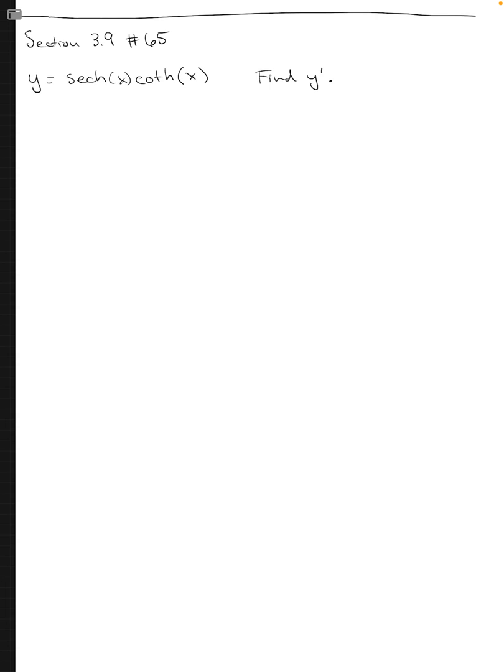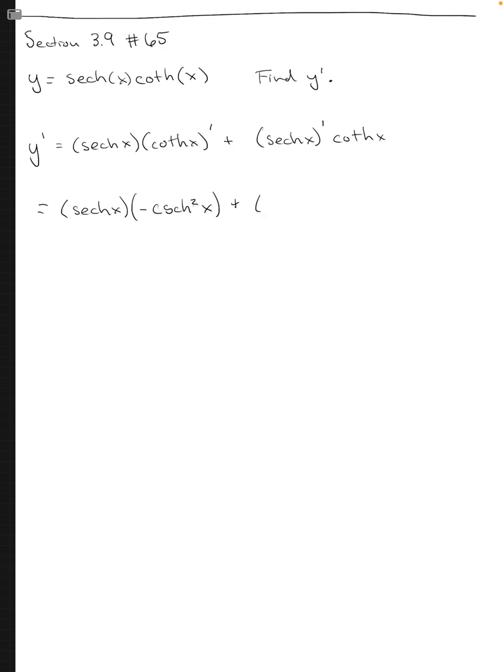So we're going to use the product rule, right? So y prime is going to be the first times the derivative of the second plus the derivative of the first times the second, right? And then looking at the section that this came from, we have formulas for these two derivatives. This one is negative csch squared x, and this one is negative sech x tanh x,